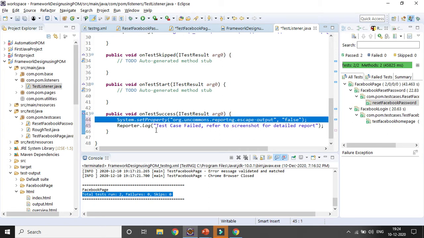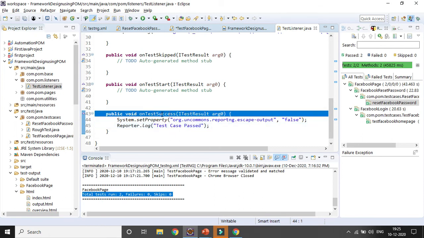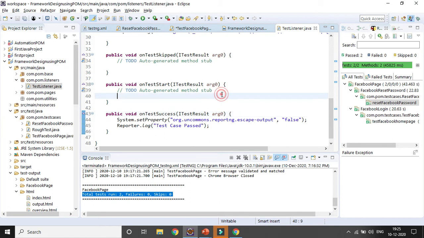Okay, and after that here I will mention the test case passed. So I am removing that part. Here I will mention the word as test case passed. So without verifying the test cases level, green mark pass or cross mark red, with that particular text I can also easily identify whether test case is passed or not, because that reporter.log will be triggered only in case of test success. Okay, now let's save it.